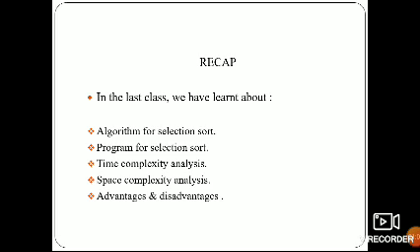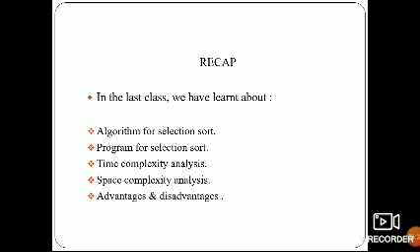What is the time complexity of bubble sort? The average and worst case complexity is O of n square.